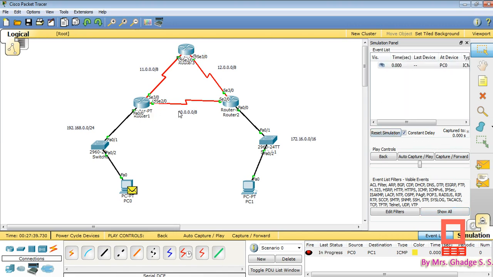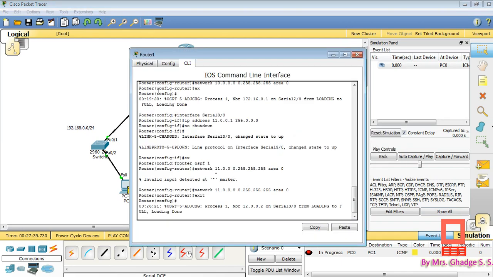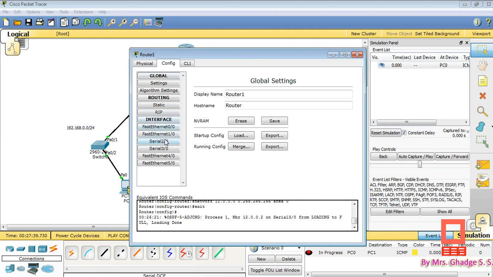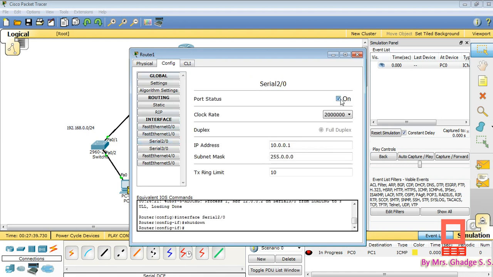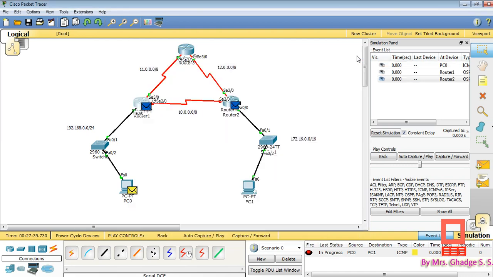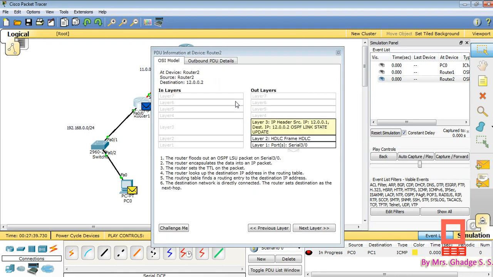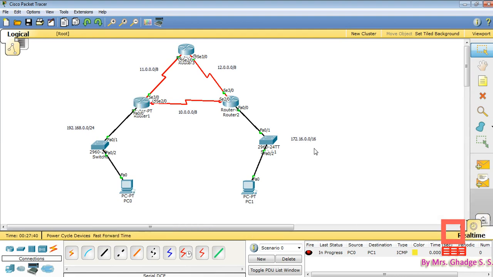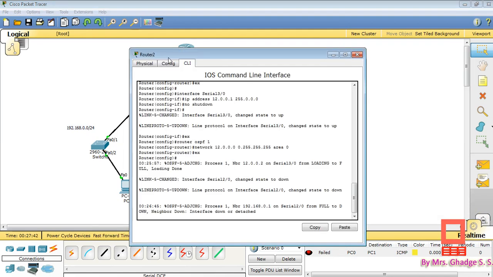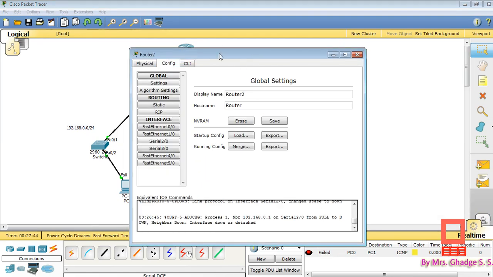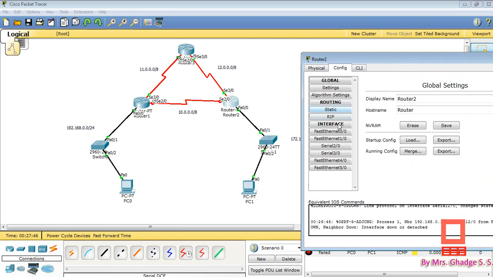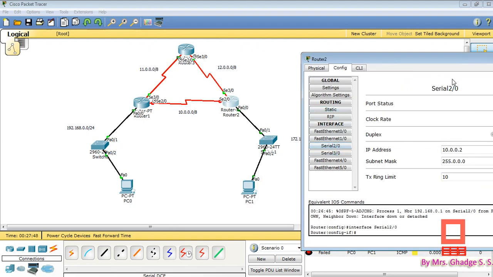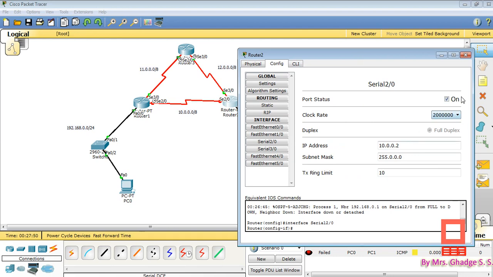Okay, so if we disable this path from router 1 to router 2, for that we need to just go to config tab SE2/0 and just disable it. Okay, so similarly from this side, the connection is SE2/0, just we have to disable it.